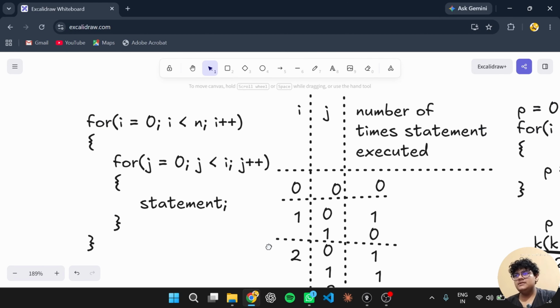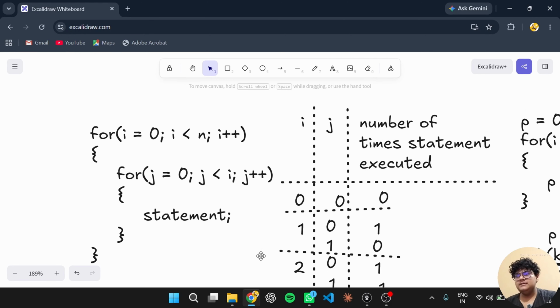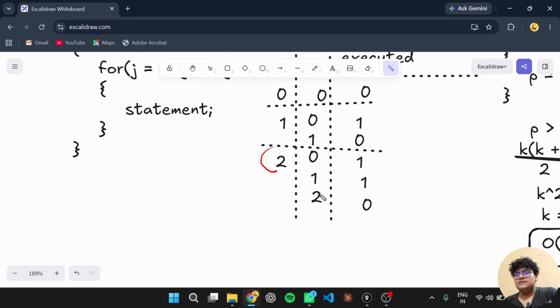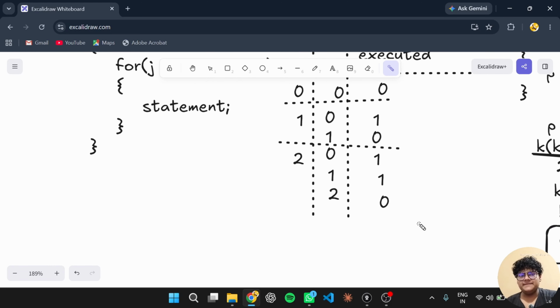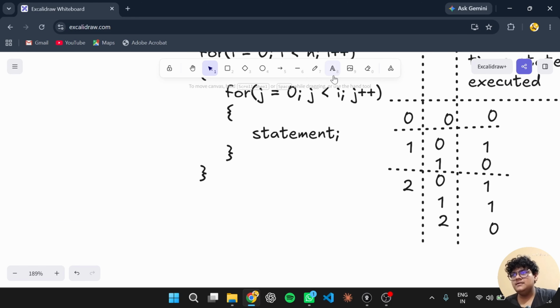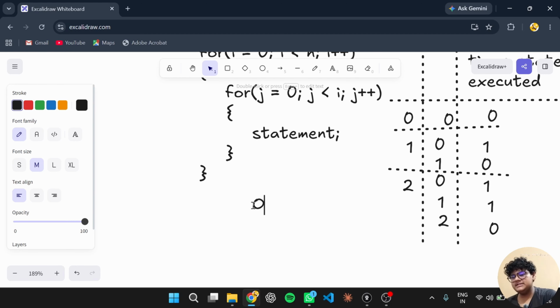So if we separate them, we can see that when I is 0, the number of times the statement ran is 0, and when I becomes 1, the number of times the statement ran is 1. Then when I becomes 2, the number of times the statement ran is also 2. Following this pattern, if I becomes 3, the number of times the statement will run will be equal to 3. So looking at this pattern, we can say that if I becomes n, the statement will also execute n times. So here we can say that our time complexity is big O of